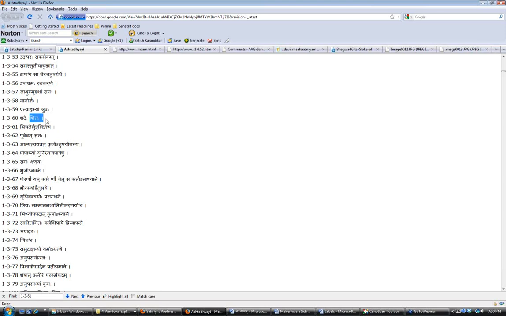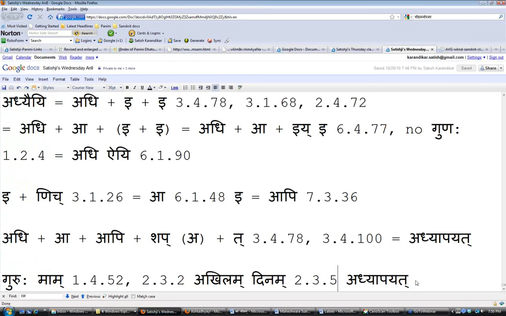For the remaining, don't use atmanipadam; it will default to sheshat kartari parasnipadam. So we can put 1361 here: Mriyate lunglingoscha, anuvritti of shitaha. Just put this in the document. So 1361.